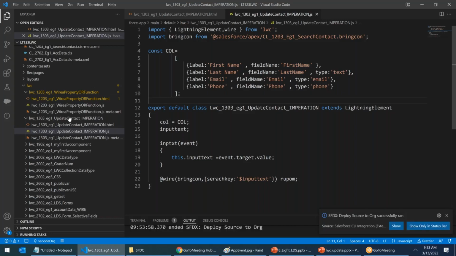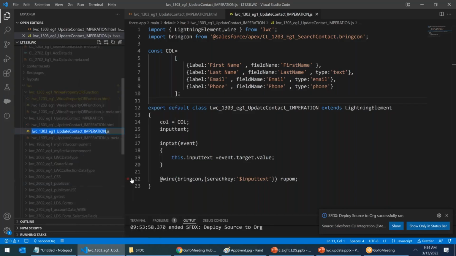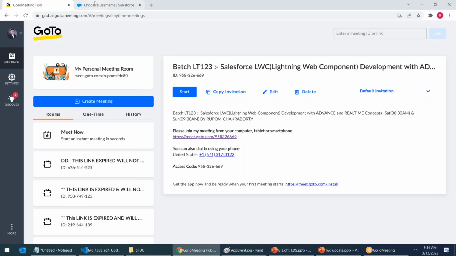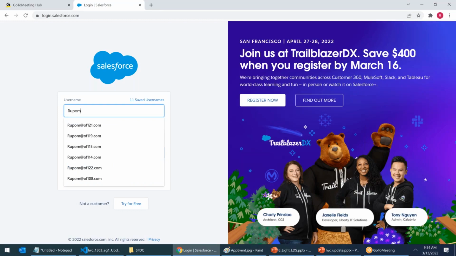Perfect. Right click on it, click on rename. I'm trying to save as much time as I can. That's the reason I'm performing some copy paste. Otherwise, I'd have written from scratch. So Rupam